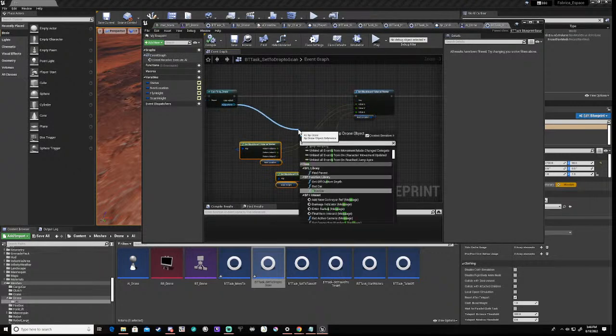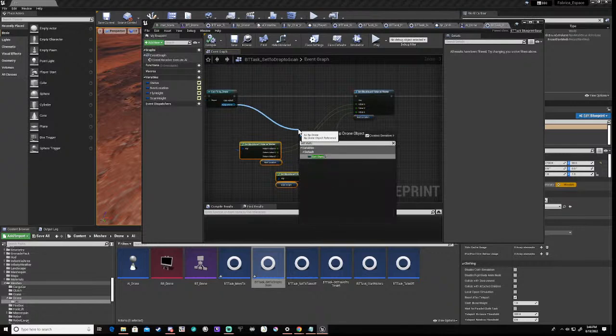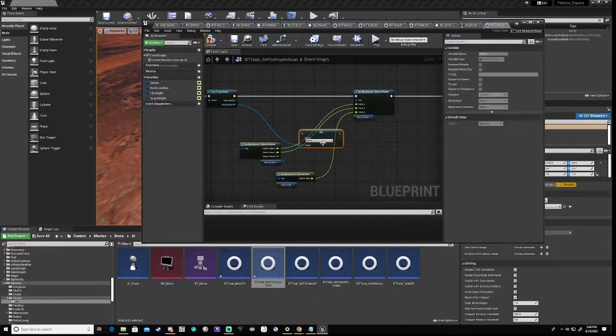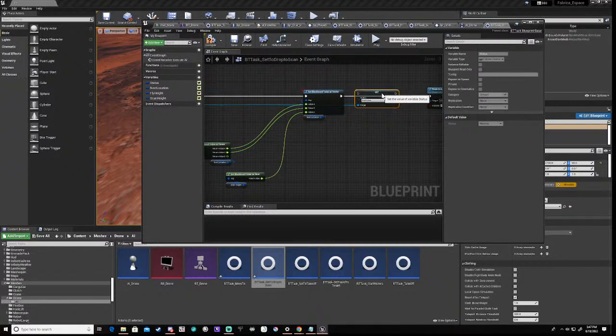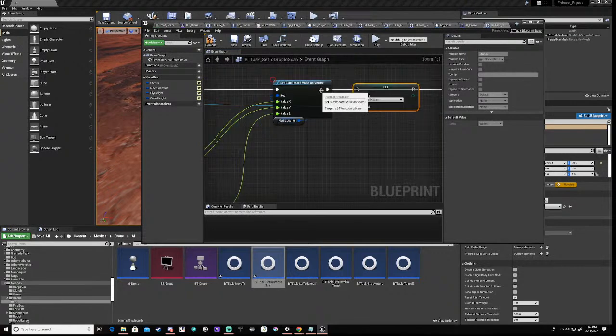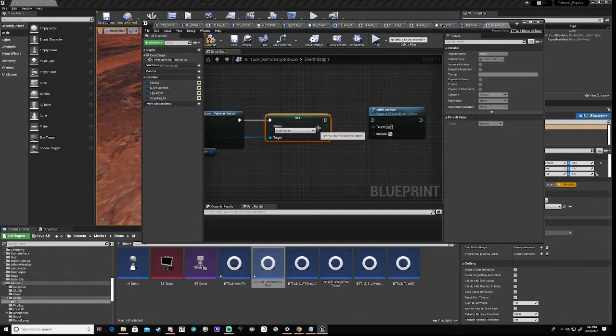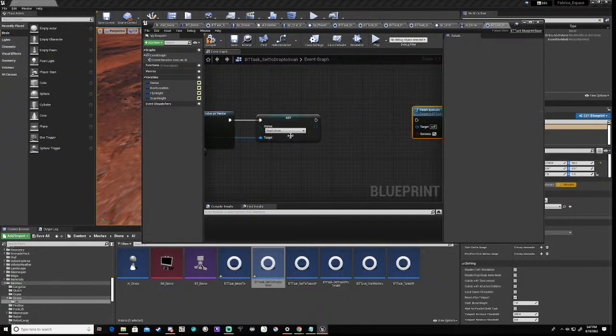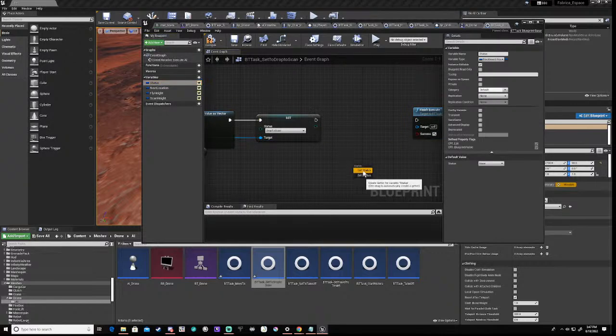So set status, and this is now going to be drop to scan, and that's going to go there. And we've got one more thing to do, which is basically getting that,